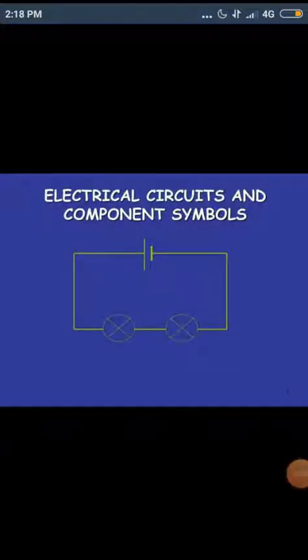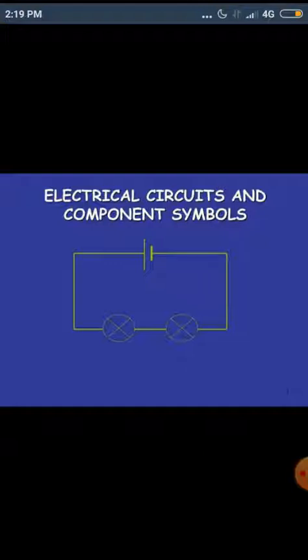Good morning, students. Can one of you tell what is a circuit? Yes, a closed and continuous path for the current to flow is called a circuit. We connect various components by connecting wires in a suitable manner such that current can flow in a circuit.